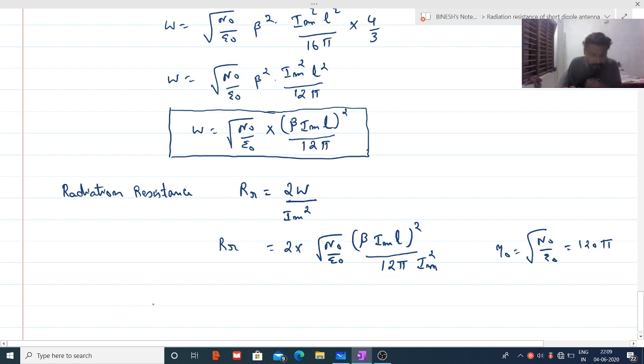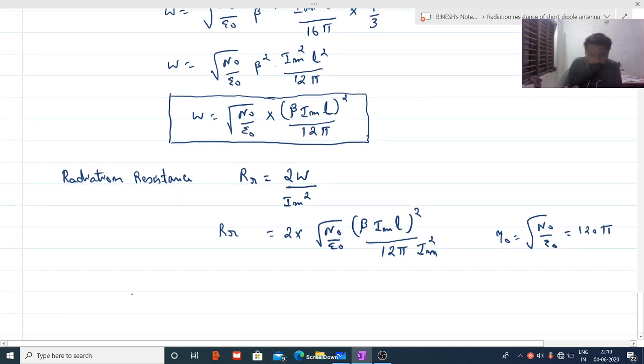So you have the radiation resistance RR will be 2 into 120 pi, okay, 2 into 120 pi beta L. I will write these terms common, square Im square, divided by 12 pi